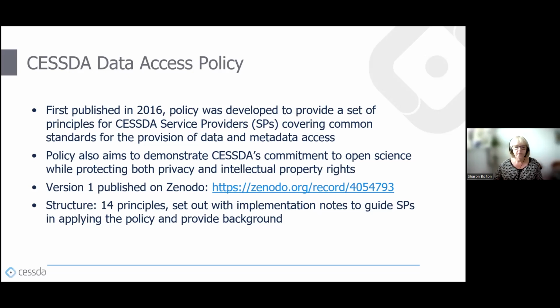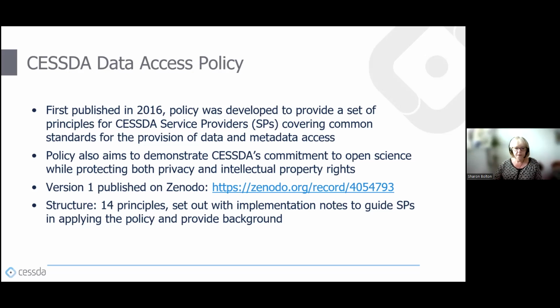And it also aims to demonstrate CESSDA's commitment to open science, but obviously with a view to protecting privacy and intellectual property rights, and in conjunction with international and national legislation at the time. The first version, published in 2016, is available on Zenodo, and the new version will be as well when it's ready. And the basic structure of the data access policy is that it sets out 14 principles, and these are